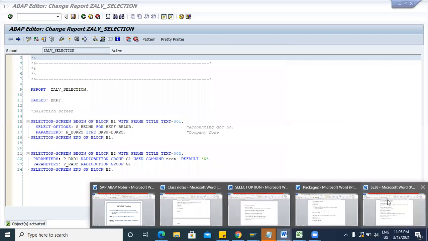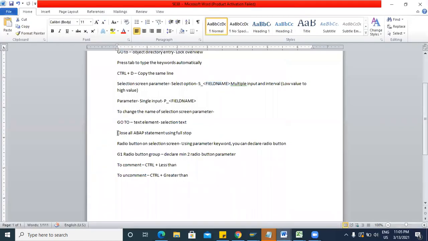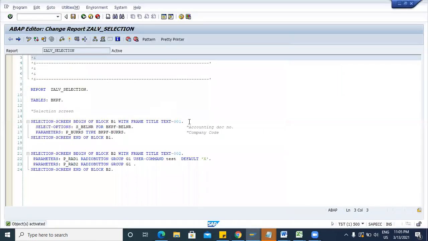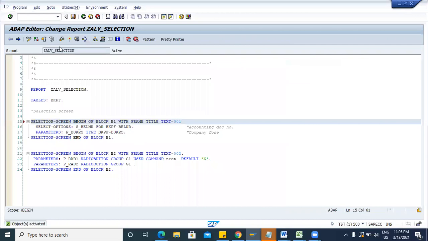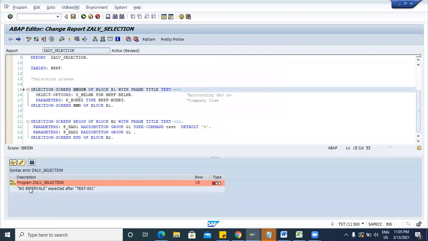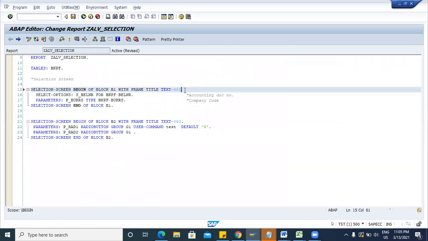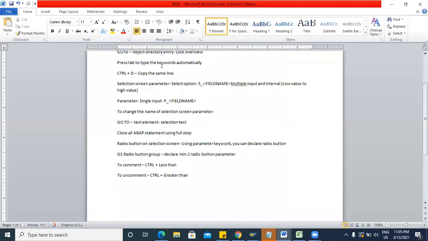Okay, so next is close all your ABAP statements using a full stop, otherwise it will throw you the error. If you are not closing this, check your code: no intervals expected after text 001 because it is not closed. You have to type full stop. So these are some important points that you have to remember.